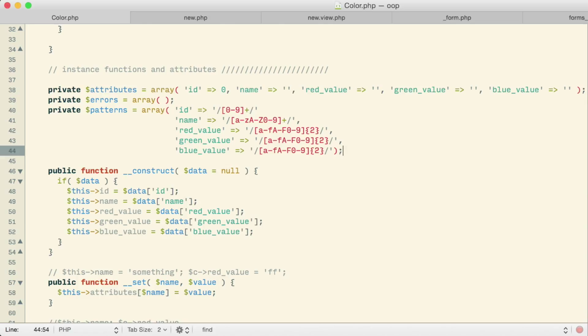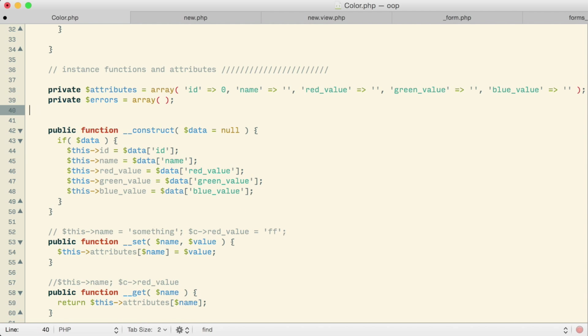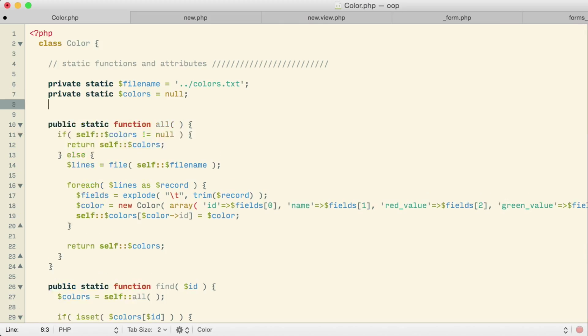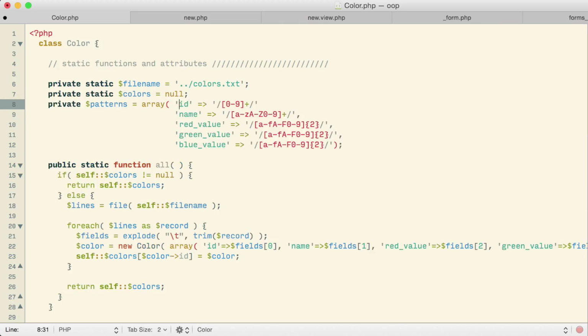So then I should have everything I need to be able to validate the object stored here inside this patterns array. The patterns array, now that I think about it, doesn't really need to belong to the object itself. It could belong to the class. So I think I might cut it out of this particular section of the class and move it back up here to the top. And I'm going to declare it as being static. Probably doesn't really make much difference whether I leave it where it was or move it here. One way or another, it'll be available. I guess the real question becomes, will I ever need it separate from an object itself?